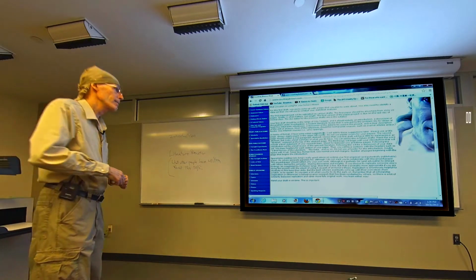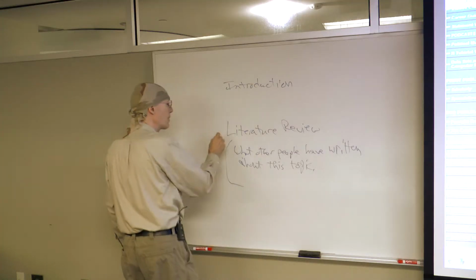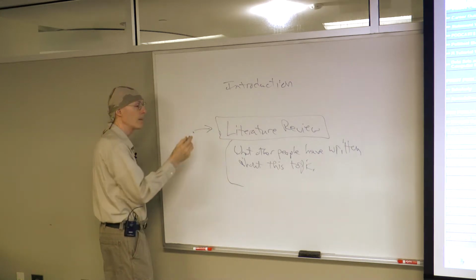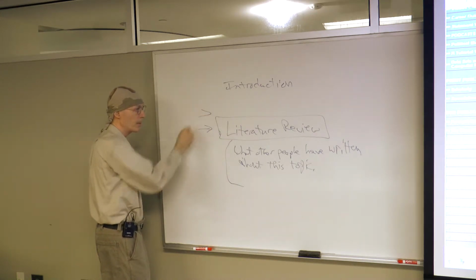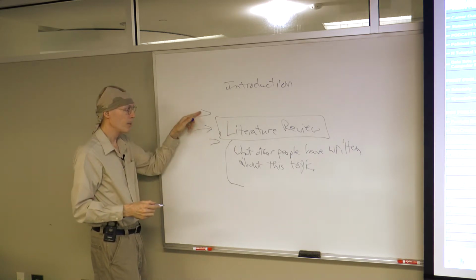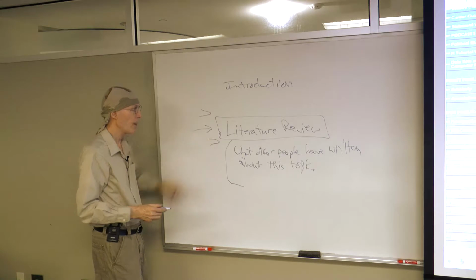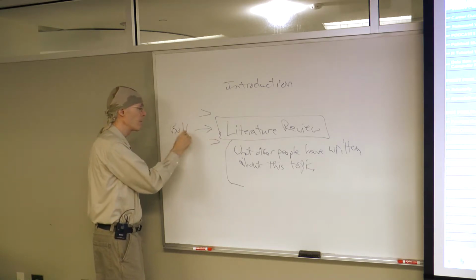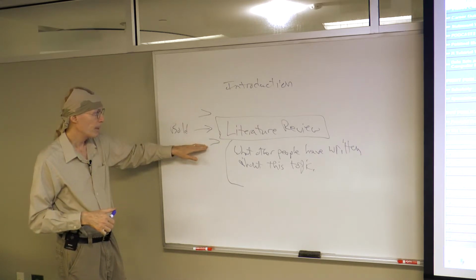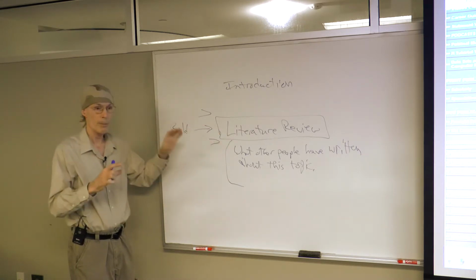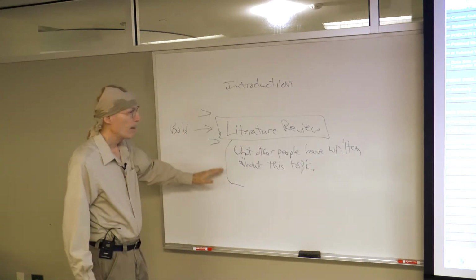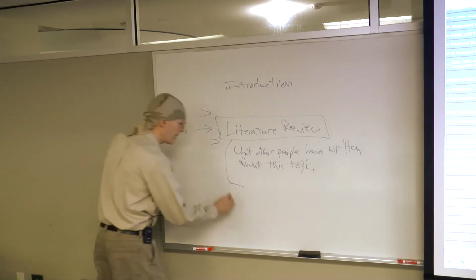After that, you have to have a data section. Now this literature review is an actual title, and you can set it apart. Usually people set it apart with an extra space. This little arrow here is my notation for saying an extra space above it and an extra space below it. And some people use bold. Not everybody. It's the extra space that really makes a difference. But some people use bold to separate out that title, to say, this is that new section.